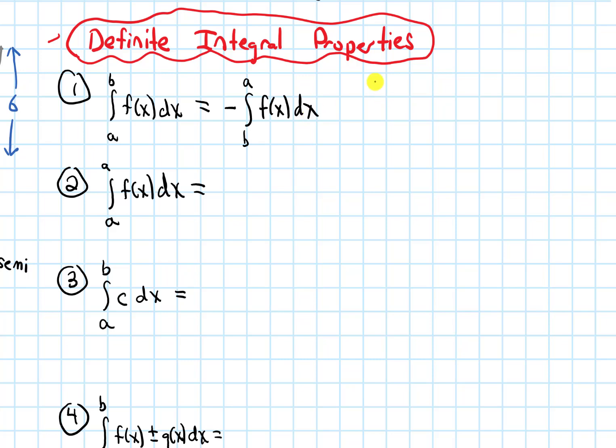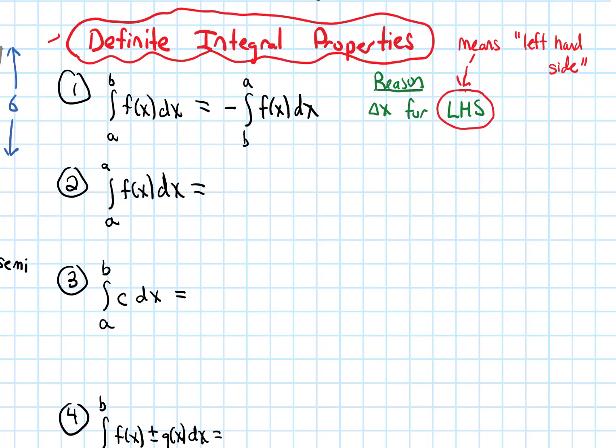Okay, and the reason for this is that if we think about what delta x would be if we were to evaluate the definite integral on the left-hand side using a limit of Riemann sums, delta x for, I'm going to write LHS. And LHS just means the left-hand side of that equation. Well, that would be the length of the interval, which is b minus a, divided by n for the number of rectangles, but